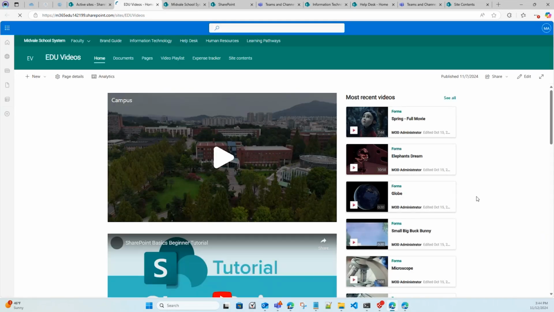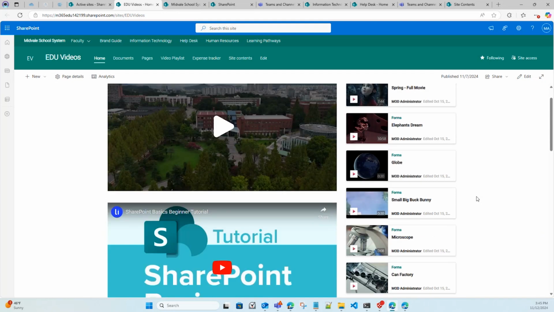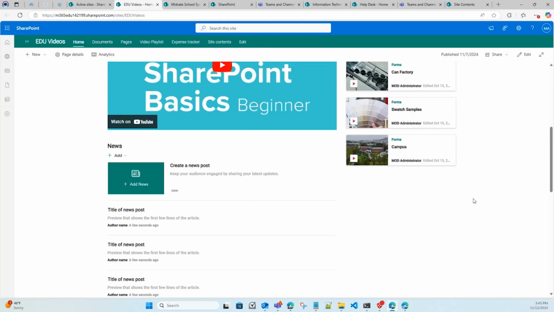Within SharePoint, you have what is called Stream. So Stream is what we use for viewing videos, multimedia, things like that. We used to have a whole portal called Stream Classic. Stream Classic got integrated into SharePoint, so now it's Stream on SharePoint. With Stream, you have the ability to view videos, share videos,